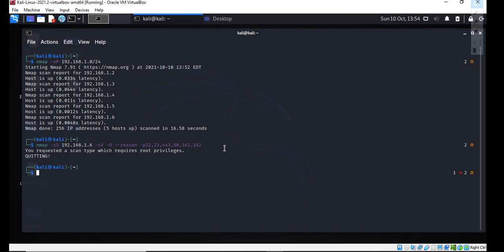So he performs a scan. He needs to do the scan with root privilege. It takes a few seconds.